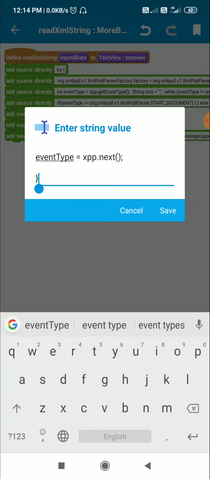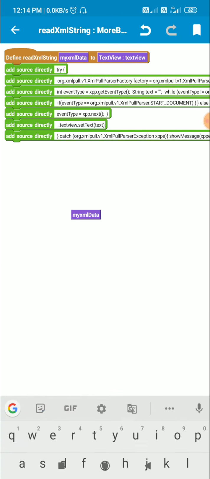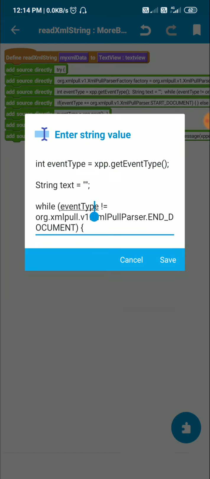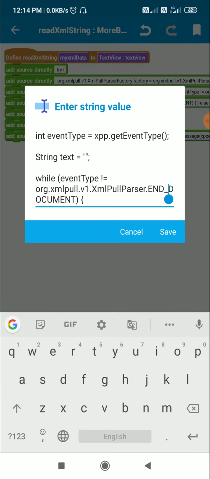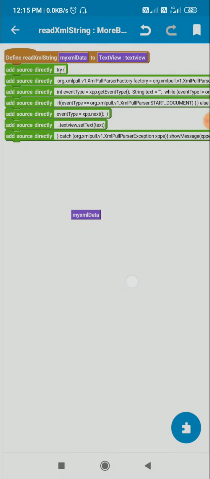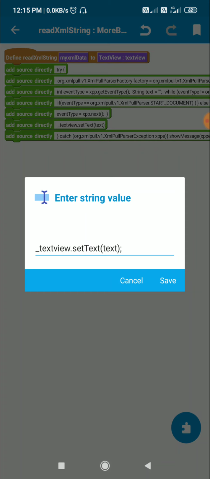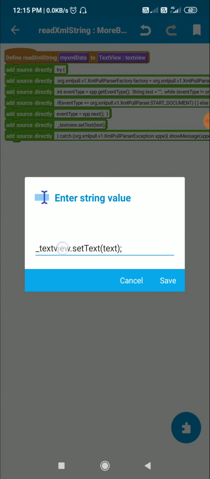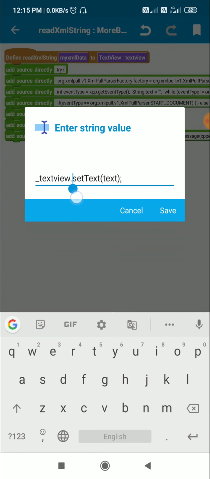Here is the closing tag for the while loop, and it will keep repeating while the event type is not equal to end document. When it reaches end document, it will stop. So after this code, I display the string variable text in text view, and here I use this text view, which is written as underscore text view dot set text, the string variable text.